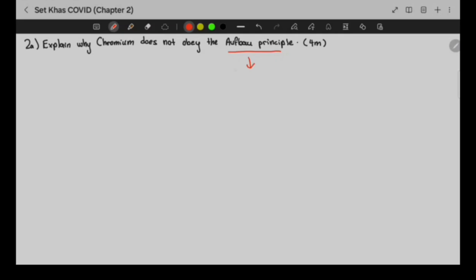So the Aufbau principle states that the electrons fill the lowest energy orbitals first, in ascending energy. What this means is that the electrons will fill the lowest energy orbital, then go to the next energy orbital. So it will fill the 1s energy orbital, followed by the 2s, followed by 2p, followed by 3s, followed